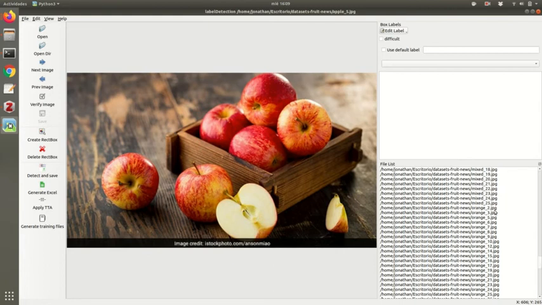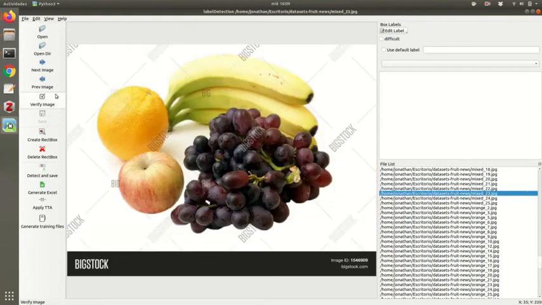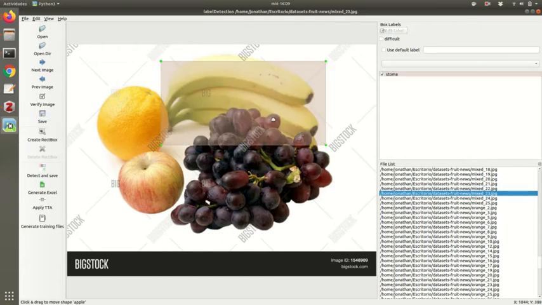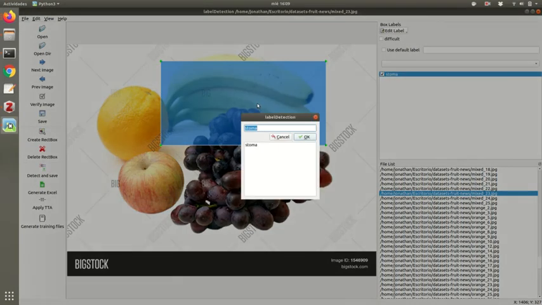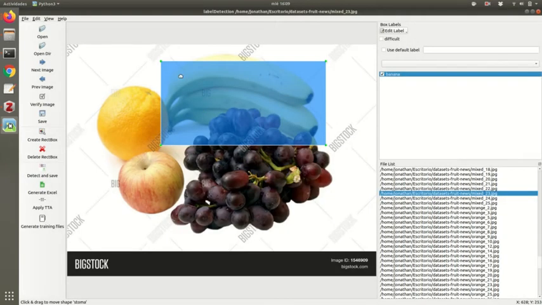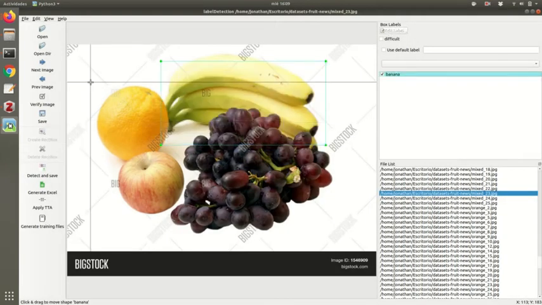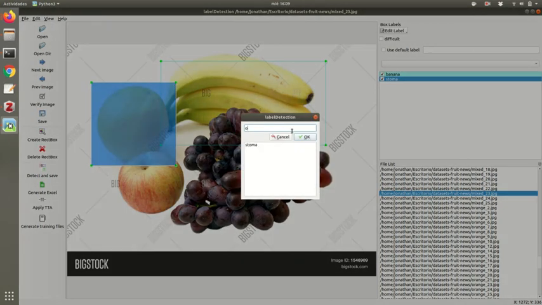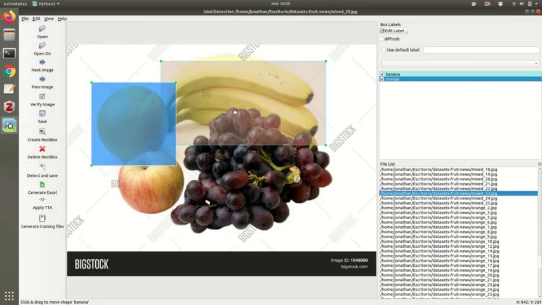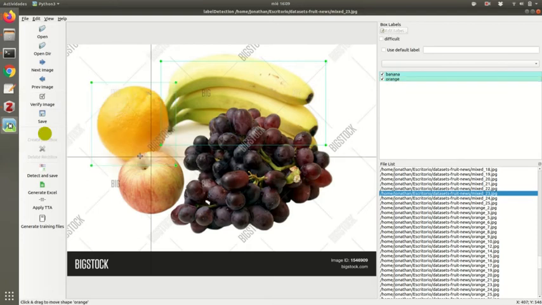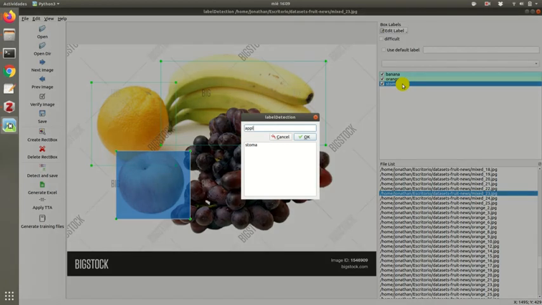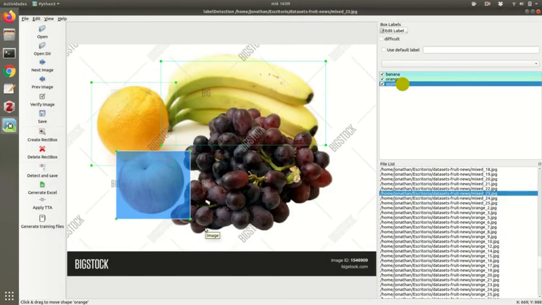So here we have a banana, it's a banana, not a stoma. Here we have an orange, and here we have an apple. Okay, so in this way we have to annotate several images.